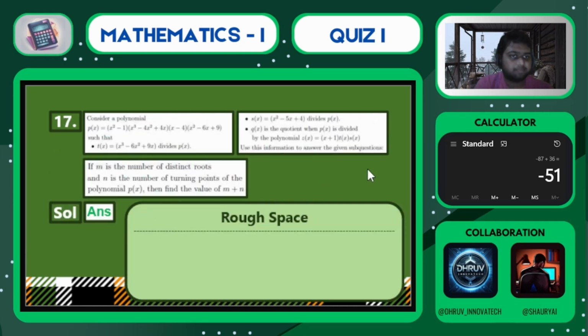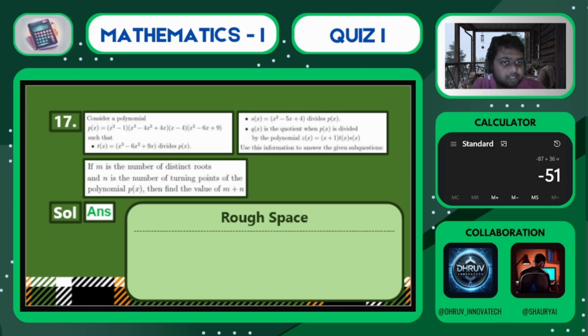नेक्स्ट क्वेश्चन नंबर 17, ये भी थोड़ा बहुत सिमिलर टाइप है। इसमें आपको पी एक्स दिया गया है, जो टी एक्स दिया है वो आपके पी एक्स को कम्प्लीटली डिवाइड कर सकता है। उसके बाद जो एस एक्स दिया है वो भी पी एक्स को डिवाइड कर सकता है। और जो क्यू एक्स दिया है वो क्वेश्चन है जब पी एक्स को हम जेड एक्स से डिवाइड करते हैं।